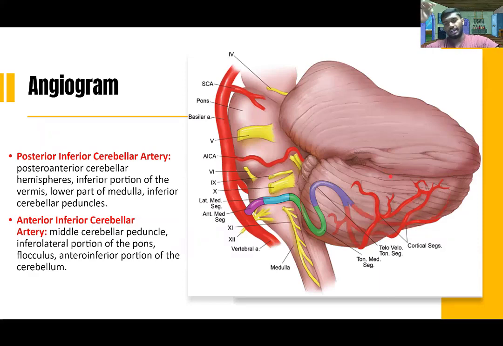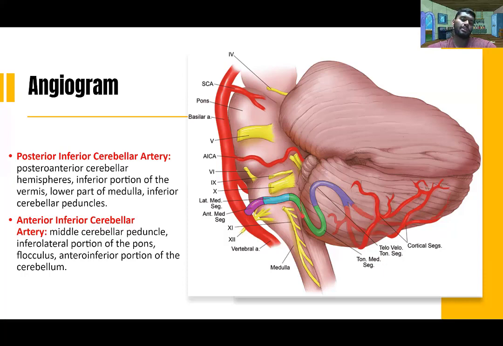Cool. So we're almost done, guys, right? A little bit more. So now we're going to go lower down in the posterior circulation, right? We have the PICA and the AICA. For the most part, this is a good picture to show the PICA, right? So right here we have this artery that runs from the vertebral artery, so it's a branch of the vertebral. It can't be the AICA, which is up here, because that runs off the basilar. So it's most likely the PICA, because you see it runs around the